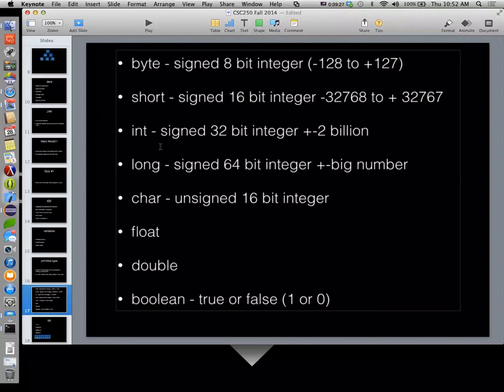A char is the same size as a short, but without the sign. So what's the smallest value a char can hold? 0. To 65,535. That's the range of values that fit into a char.